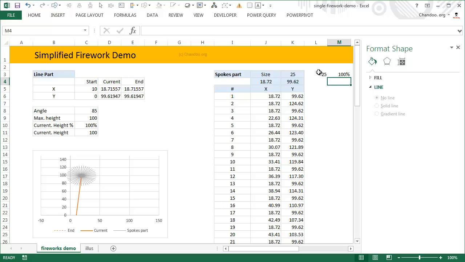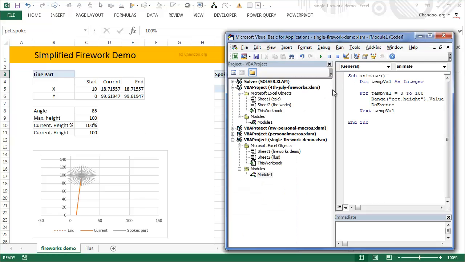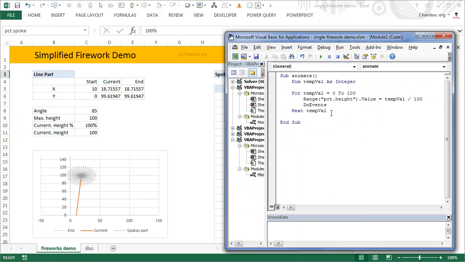So this is how the explosion action occurs, and we control this variable through our VBA code. Again, we can just call this PCP spoke. So that's the percentage of spoke, and we can go to our VBA code, and here we could add one more line that